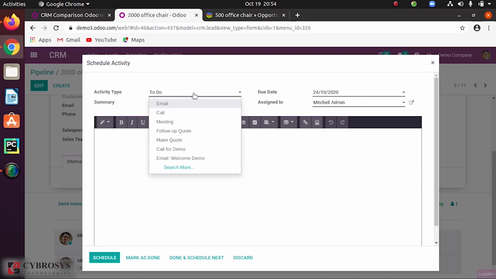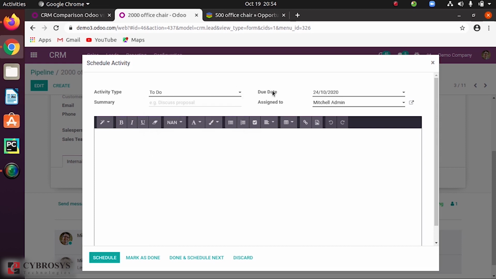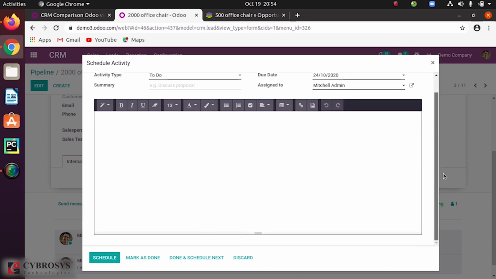So here obviously you will get an option to select the activity type that you are creating, and can also mention the due date and assigned person, also mention the summary, meaning for which purpose you are assigning this activity, and here you can also mention certain descriptions if you want, and you can schedule it also, and you can mark it as done, and you can also schedule the next one from here itself.